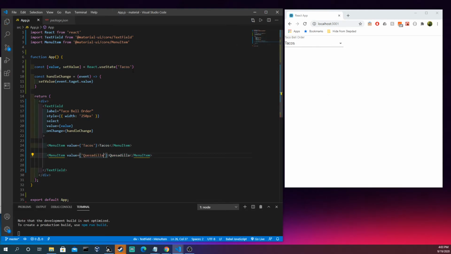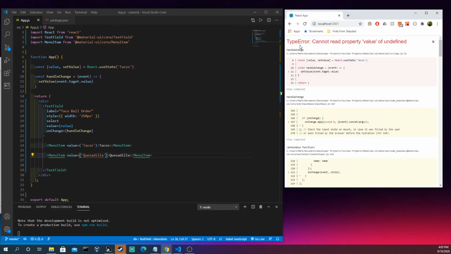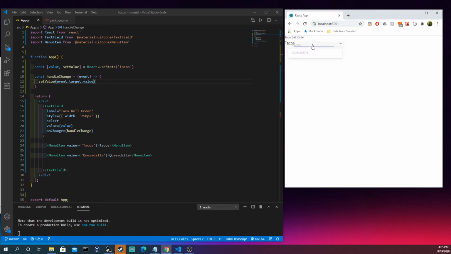And so now we see that the set state or the use state is setting the value to tacos, because that's the base. And so as we see here, we could select quesadilla, and we're still getting an undefined. And so why is this happening? We can see that the error that I made is that I forgot the R up here. So now as we start this over again,